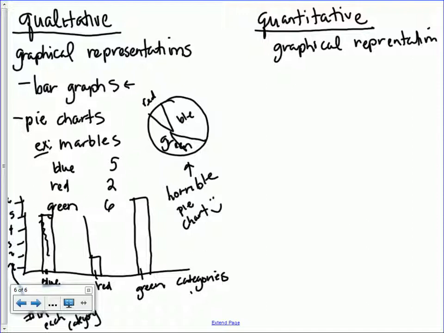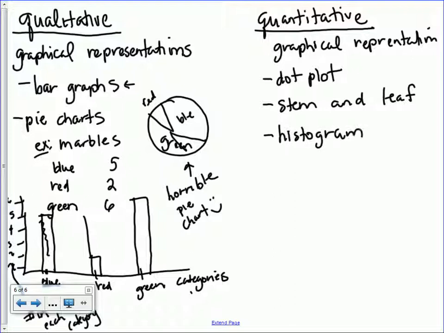Some of the graphical representations of quantitative variables is you could have a dot plot. It's not very exciting, but you can have a dot plot. You can have a stem and leaf. Those are pretty exciting. And you could have kind of the big one, which is